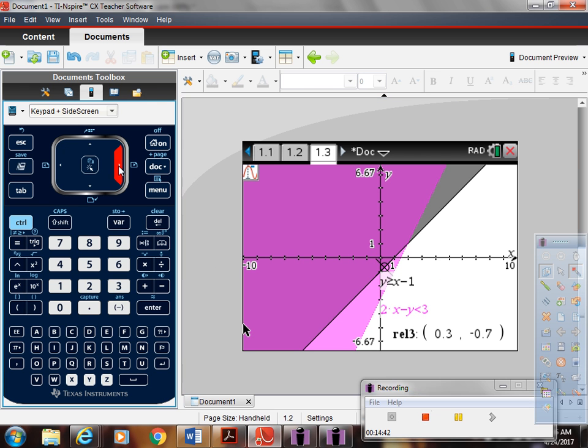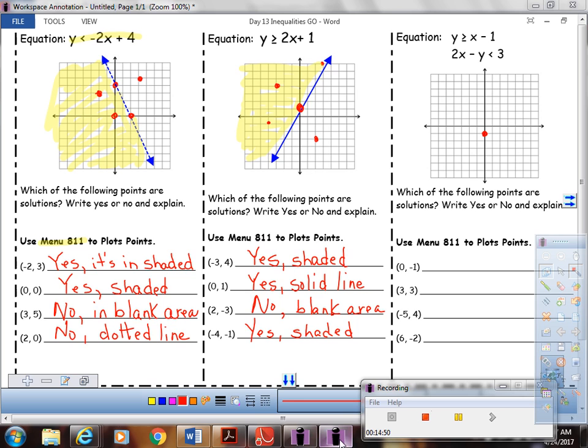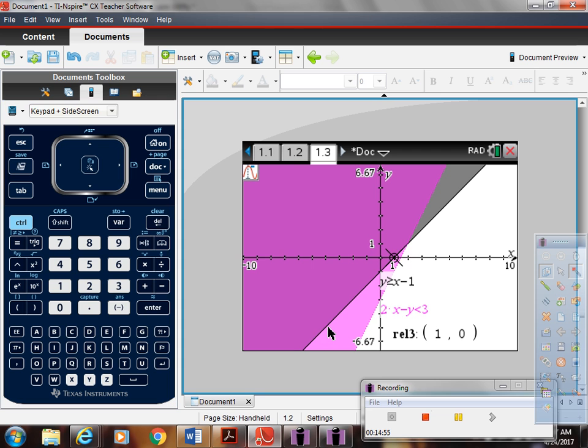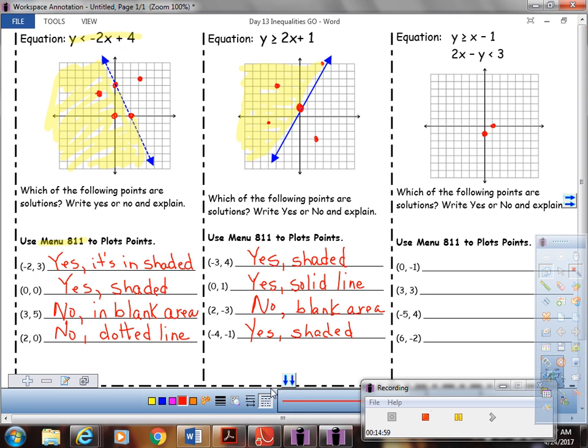I'm going to go up a little bit. Let's see. What is the x-intercept? Okay, that's a good x-intercept. 1, 0. That's easy to plot. So right there. And then remember, this one is solid, because this is the line that's going up like that, so that's going to be a solid line. So when you draw it, make sure you make it solid. So like when you connect these two little points, make it a solid line.